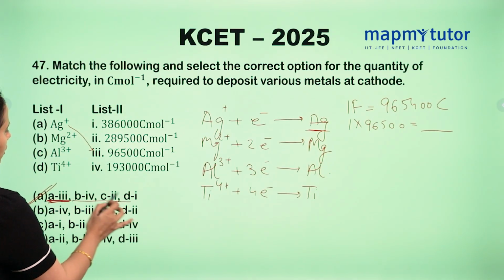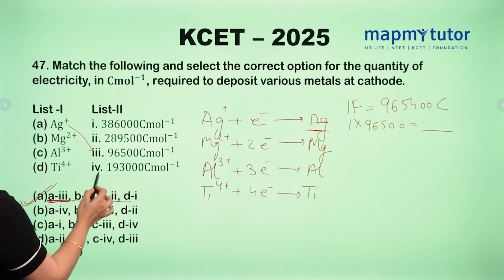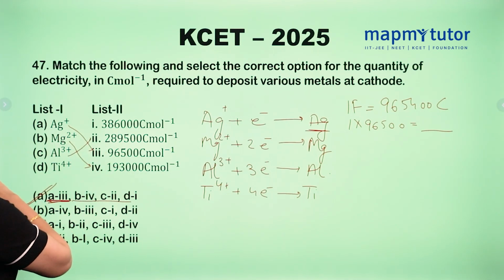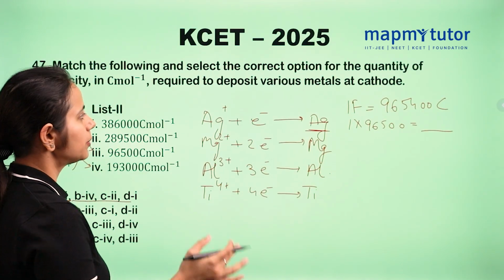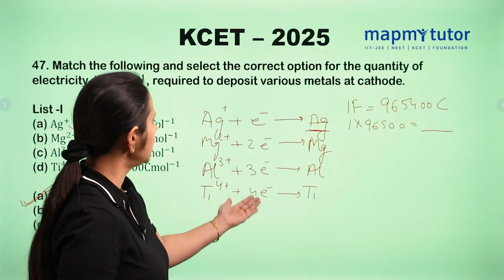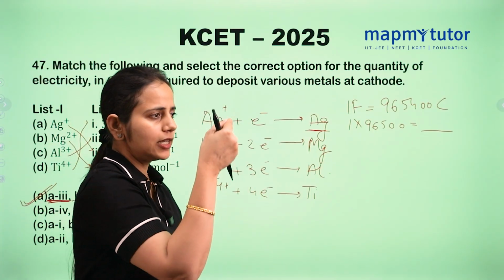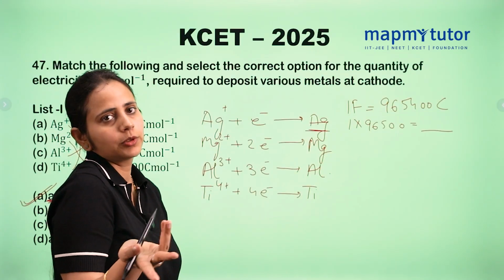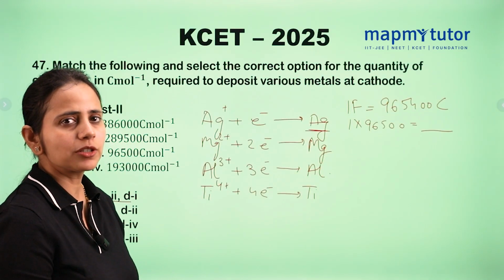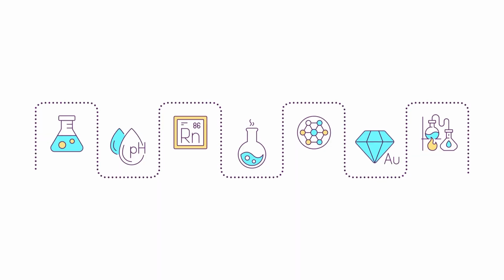You can see by calculating that if we multiply 96500 by 2, we will get the answer 4. B is for 4 and C is for 2 and D is for 1. While solving, you will get the same answer. Just you need to multiply 96500 with 2, 3 and 4. So, in exam, try to solve it quickly. Just see which is the easiest calculation. Rule out the other options and you will get the answer very quickly. Don't waste time on such questions solving each and every point in the exam time. Okay. Go ahead.